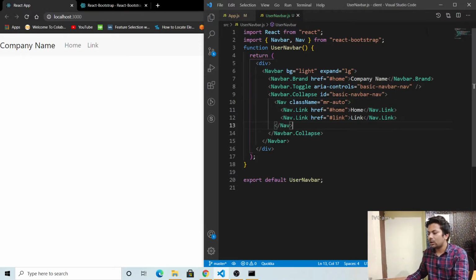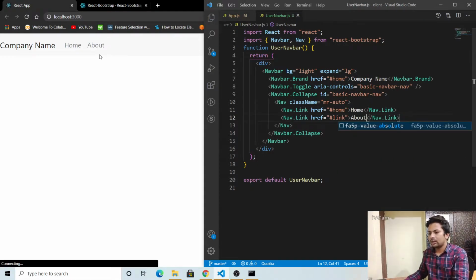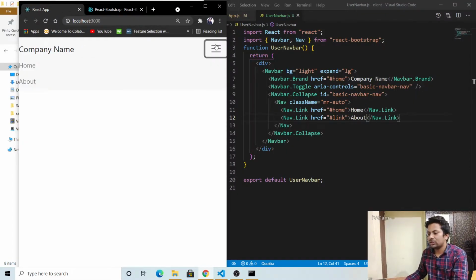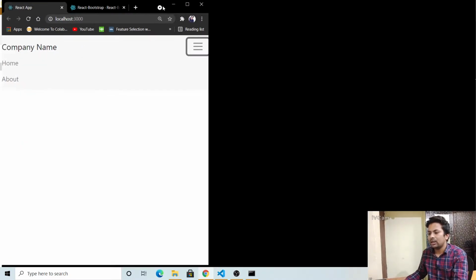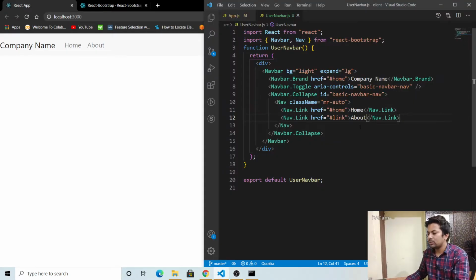So you can see it now. We have the links. These are the links, you can see these are the links. So if you change this to About, see, the link has been changed to About, and it's totally user friendly. What do you call, mobile friendly? See, it just gets a dropdown automatically. You can just do it like this. So let me just do some changes and show you.